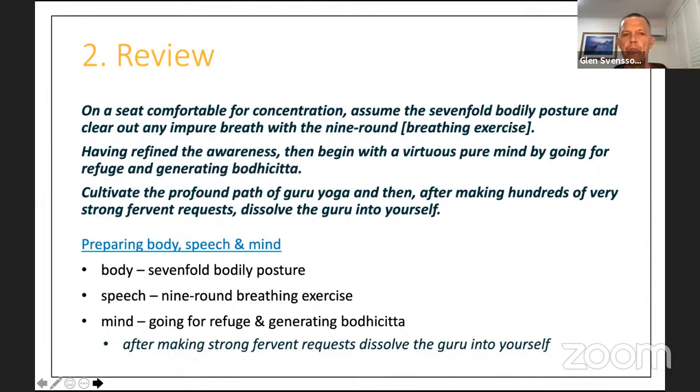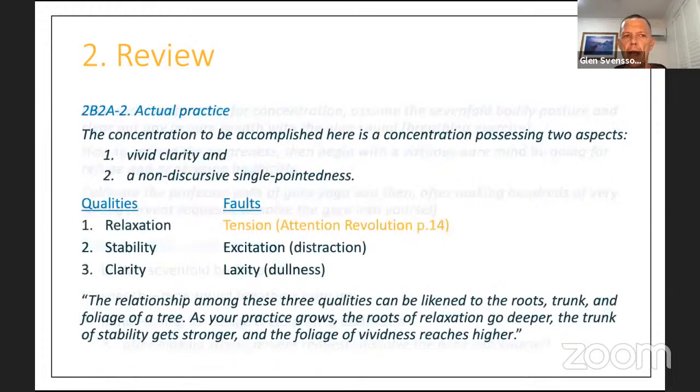the profound path of Guru Yoga, particularly making requests for the Guru to help us, to inspire us in the practice, and then to dissolve the Guru into ourselves. And in that way, really to uplift the mind, to make the mind joyful and uplifted and clear and focused. And this will put the mind in an optimum state for the actual meditative practice. And so here in the actual shamatha practice, we saw in the last session that